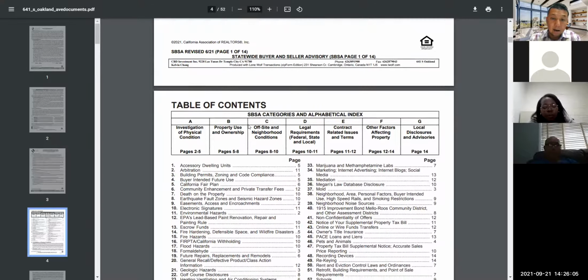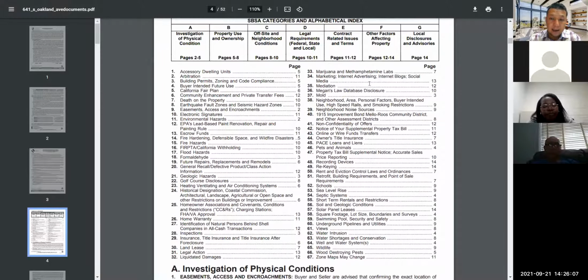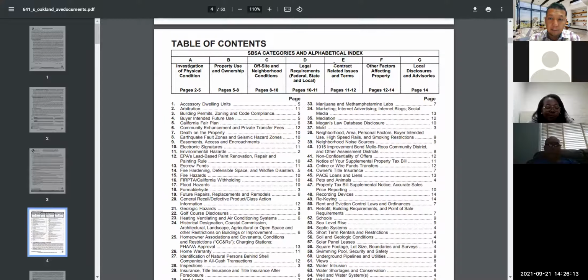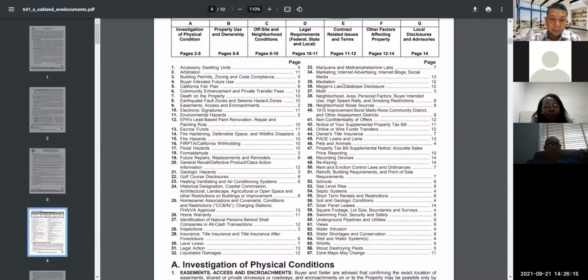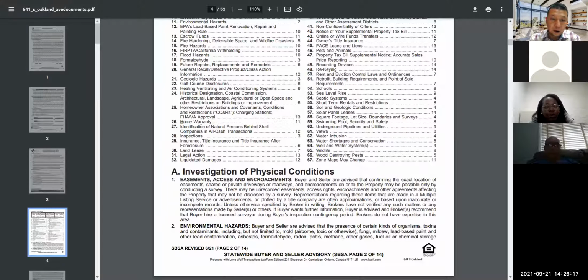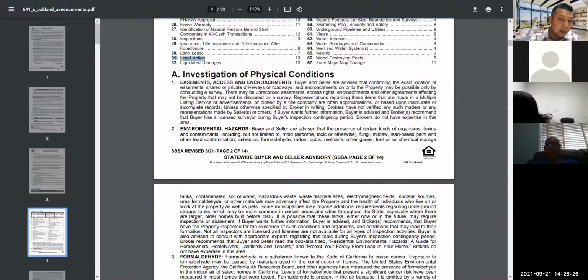So this is a long 14-page document. And here you can see, these are the paragraphs where you can find the inventory by alphabetical order. And if I'm concerned about home warranty, I'll go to paragraph 26. If I want to know about legal action against the other party, I'll go to paragraph 31. I'm not going to read this whole thing for you, but this is a mandatory form for single family 1